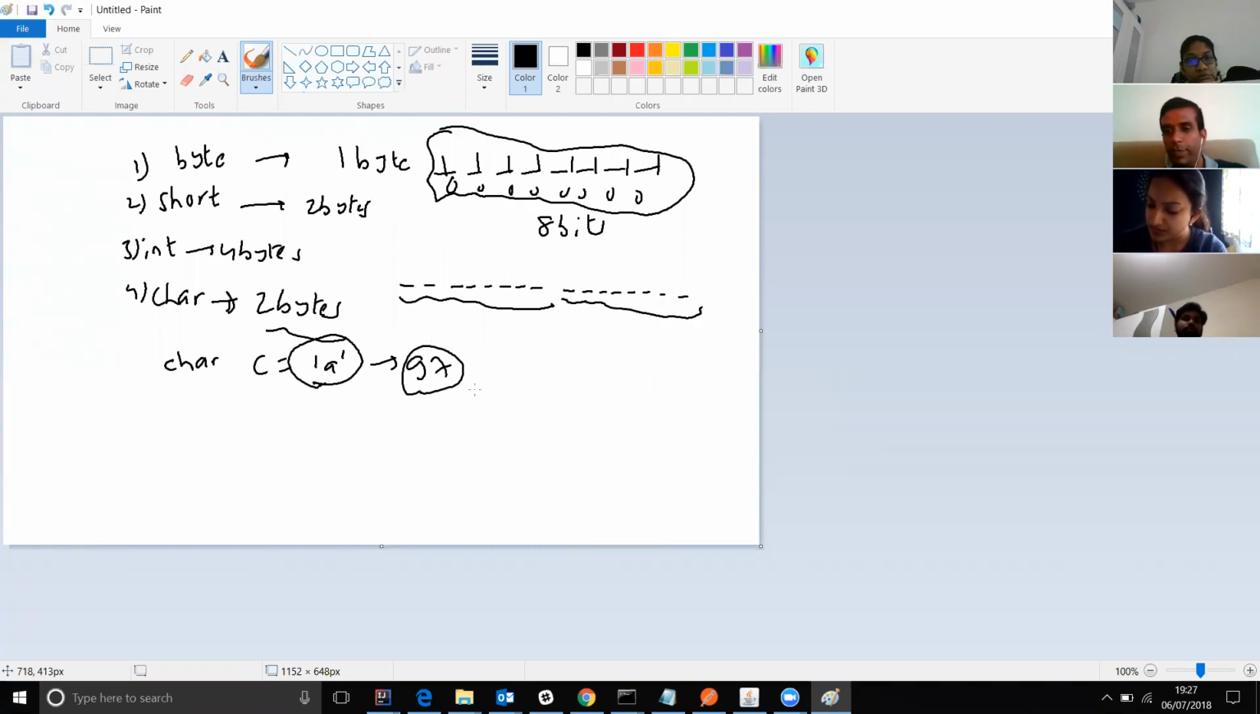So whenever you press A, internally the computer understands 97, the binary equivalent of 97. 97 is a number in base 10. You can Google it and convert that into binary. So whenever you say char C is equal to A, internally it converts that into 97. So byte, short, int, char, then the next type is